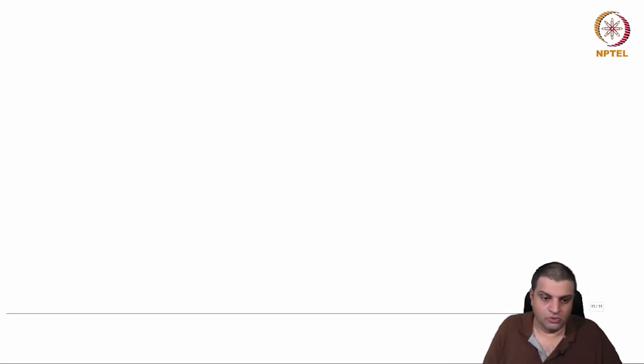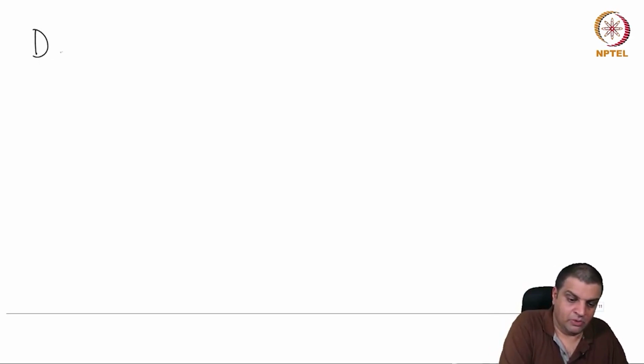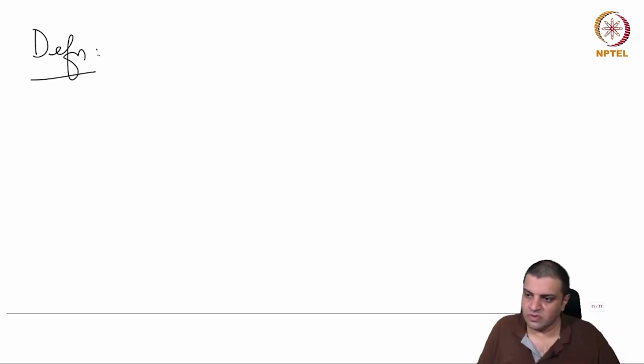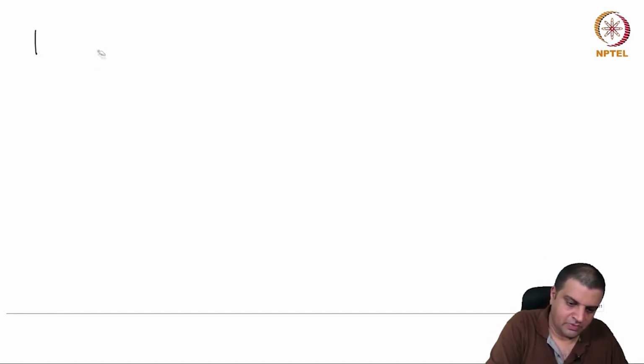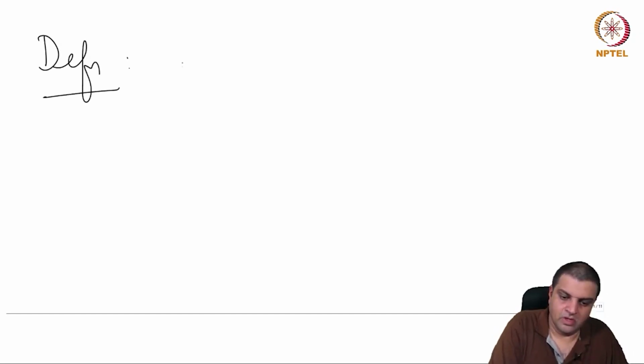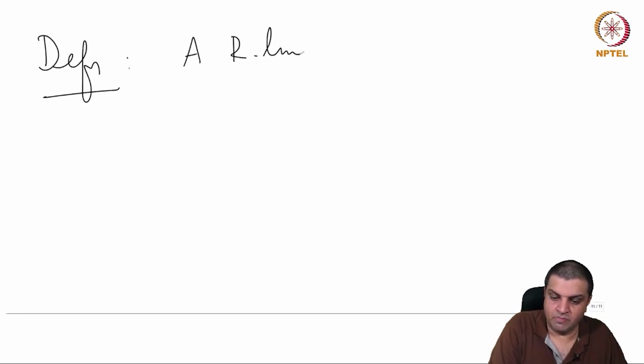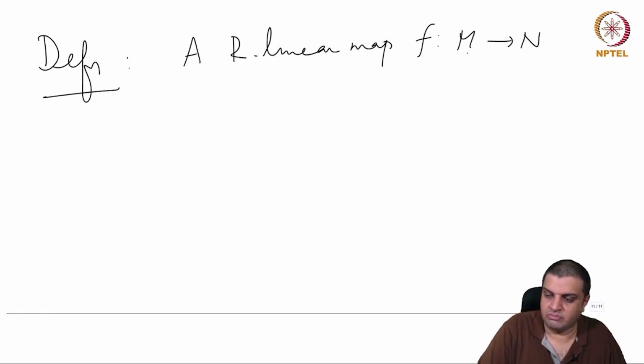Now we want to look at special classes of modules. So the first thing is what is called a free module. Before that we go into a direct sum, since I forgot one more definition. An R linear map f from M to N, so I am just continuing the notation, M and N are R modules,